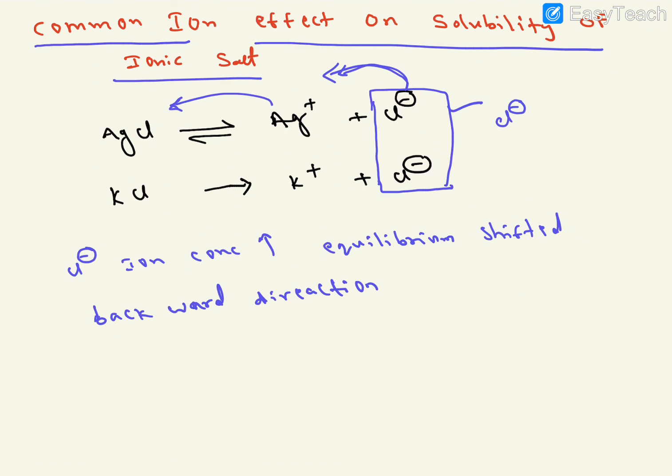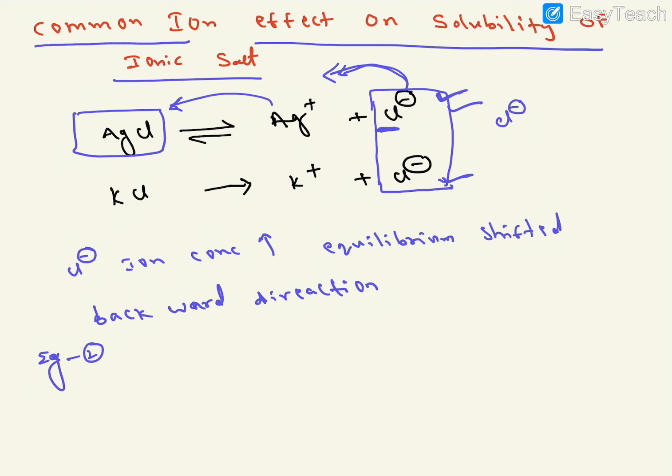I hope it is clear. So whenever a common ion is there, the solubility decreases. Whenever a common ion is there, the concentration of Ag plus and Cl minus ions from the salt decreases. That concentration we can neglect, because this concentration is more and that concentration is less, since it combines with Ag plus ion to form AgCl as the reaction goes back. So whenever a problem gives this, we should neglect that concentration, right. I hope it is clear.